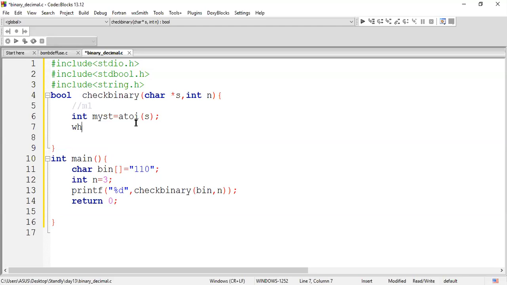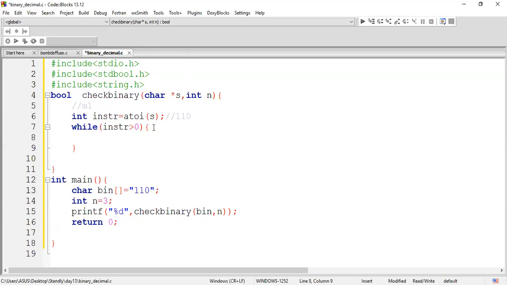So we are going to iterate this while my string, let me mention my string, I will keep it as integer string, until my integer string is greater than 0. Right now, if this is the passed number, it will be taken as one value like 110. The same process we do for the sum of digits or number of digits counting: we continuously divide a number and take the modulo of it, right? The same process you can do here.